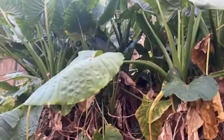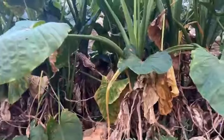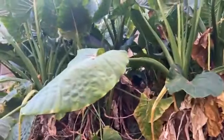Yep. Especially now that it's a bit dry, they're looking a bit sad. But normally they're full and they look really beautiful. Yeah, and they got plenty of shade. Yeah, absolutely. And so in this area, because it's quite shaded, it doesn't look like much, but